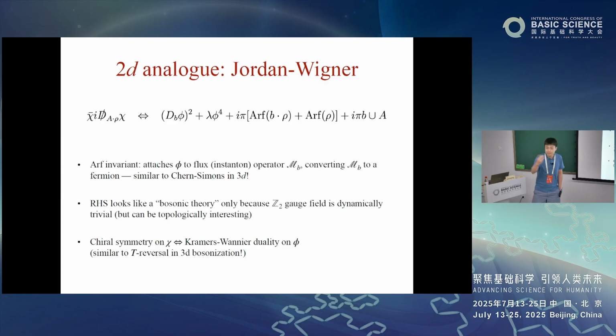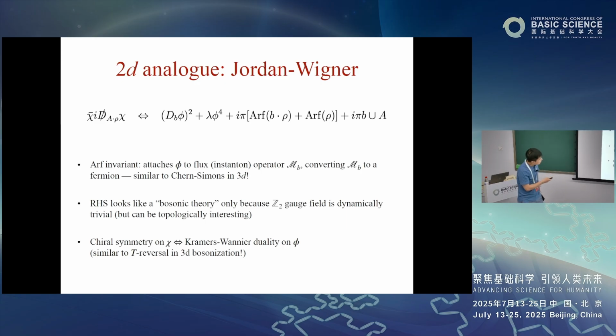So that's the status of this duality. It makes a lot of sense. It's likely that it's right. We don't have a completely rigorous proof, we don't have any proof yet, but it's very likely to be true. Okay, so again, just like the boson-vortex duality, which you can view as an analog of the Ising high temperature, low temperature duality, this 3D bosonization also has a 2D analog.